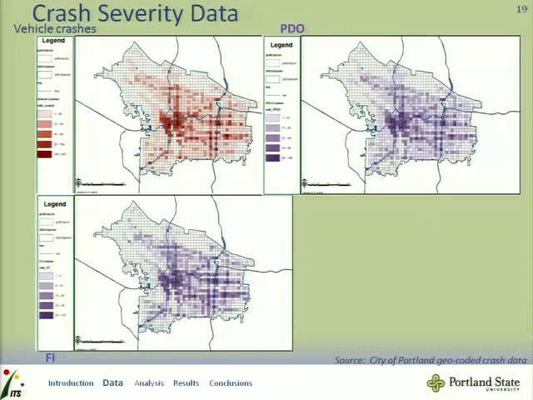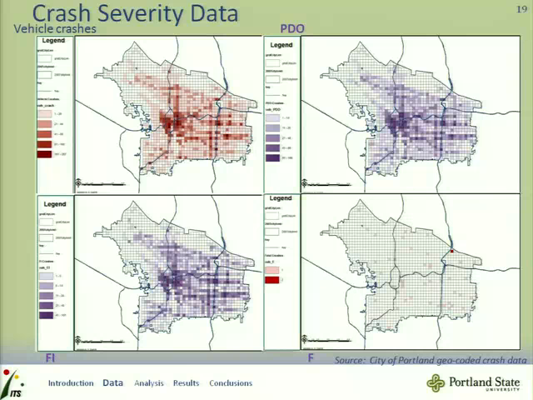With the fatal and injury crashes, so that's all types of injury, there's injury level A, which is incapacitating. Injury level B is non-incapacitating, and injury level C is a possible injury. So there's quite a contrast in those levels of injury. But fatal and all injury are shown here.